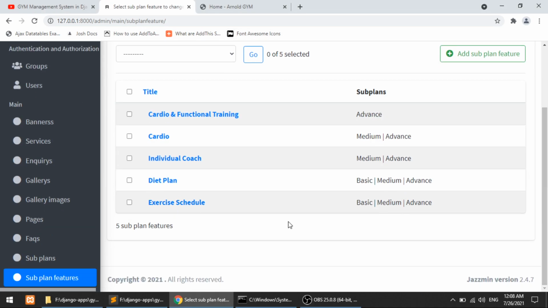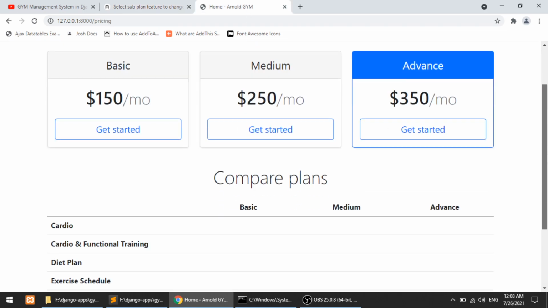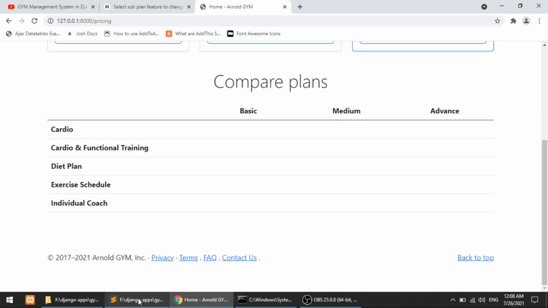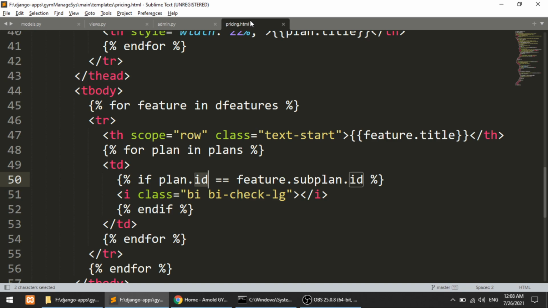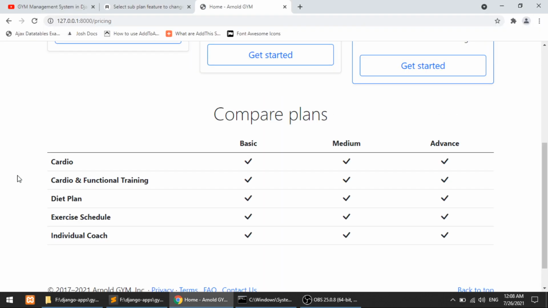So we have completed the admin section. Now let's go to the actual pricing section. I will remove the previous things here.